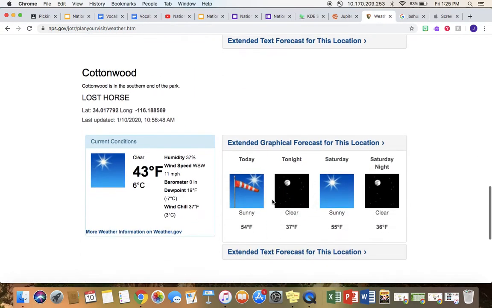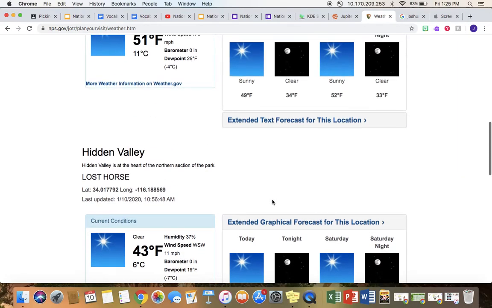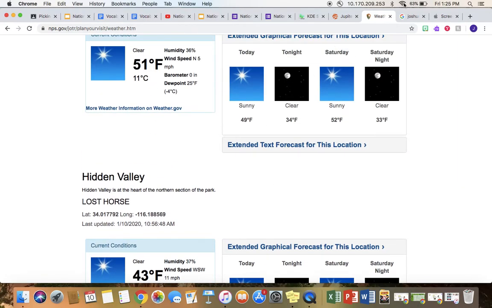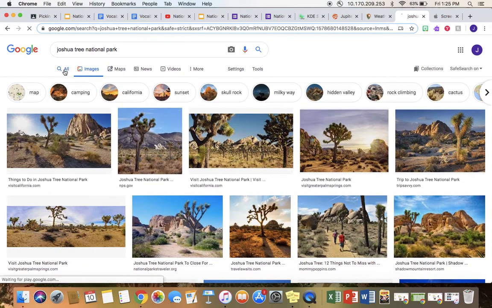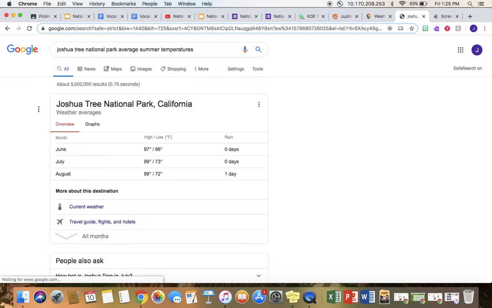But what it's not giving me is the average temperatures. Some parks will give you little paragraphs describing what the weather's like. So what I'm going to do is look in Google, Joshua Tree National Park, average summer temperature. And look at that. It gives me for June, July, and August, the highs and lows in Fahrenheit. You guys can answer in Fahrenheit, okay? Because that's perfect.